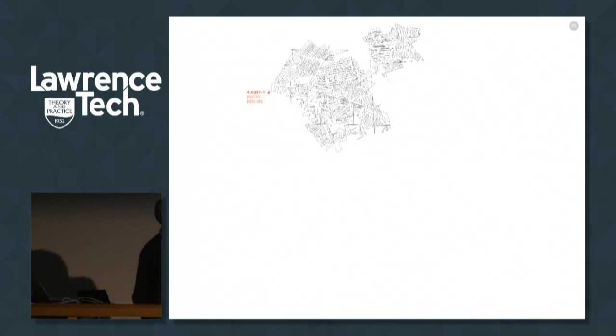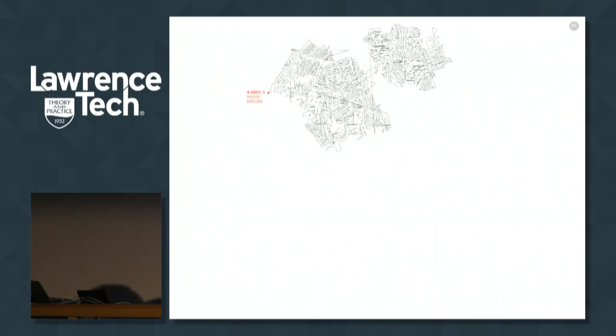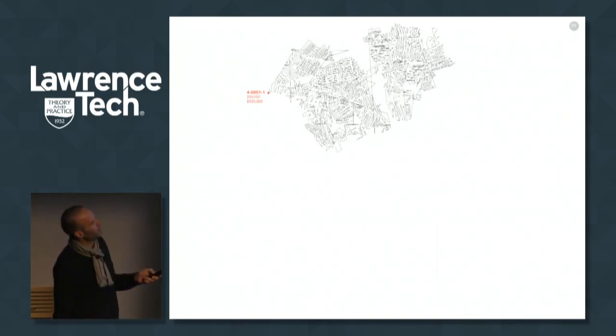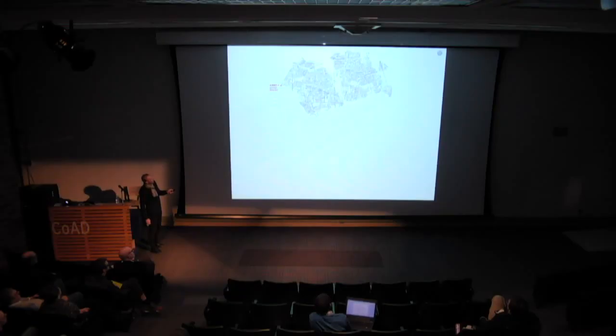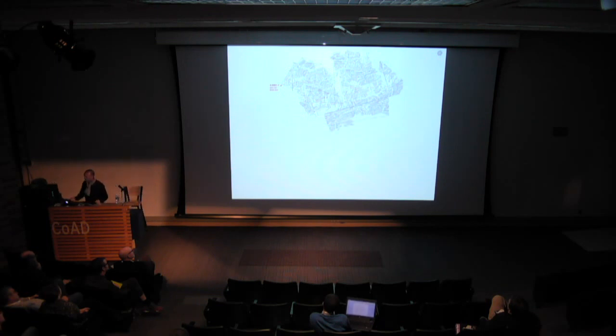For me, one of the more interesting things about this is these, I think we're going to come upon one soon, these major geographical jumps between, I think there's one right there. Between 2 clicks in the database, one time you're in Eastern Queens, 1 click later you're over here. But in the linearity of the database, all of them are spaced in the same manner. So you're able to make your way very carefully, one lot at a time, one block at a time across the entire